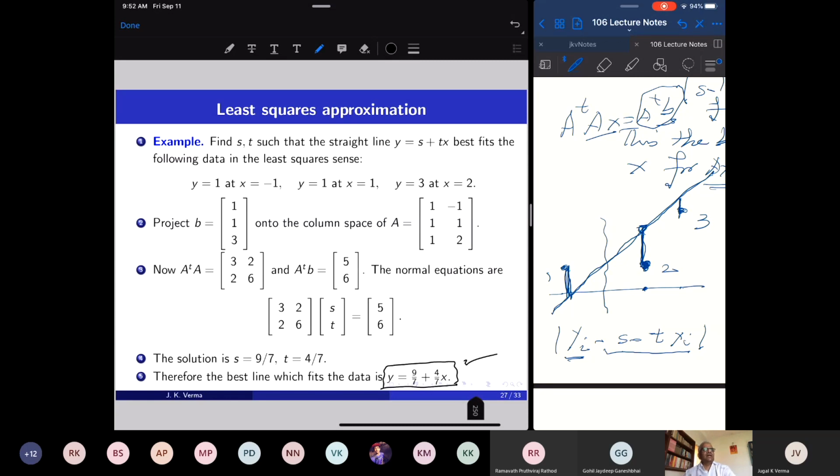The principle is the same. You can have 1 million data points, and you will still make the same matrix A. The number of rows in the matrix A is the number of experiments. So the problem of computing the best fit is transferred to the problem of solving another system of linear equations, which are the normal equations for the least square problem, A transpose A X equal to A transpose B.